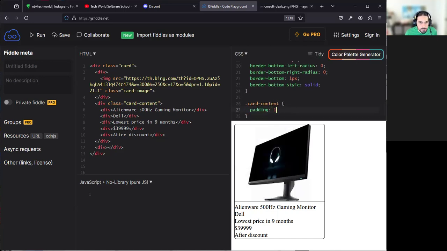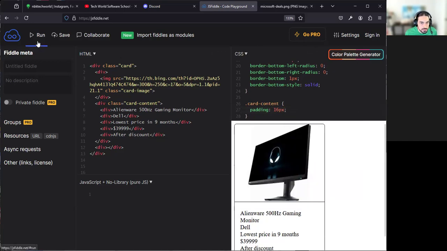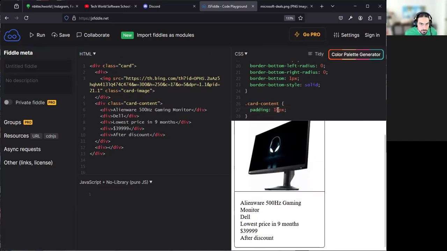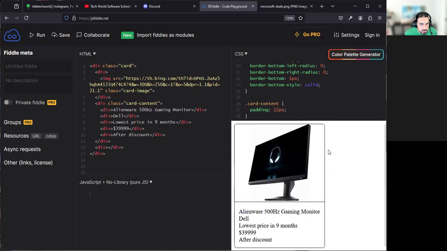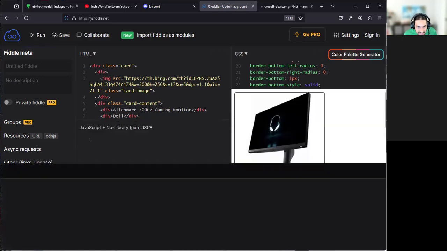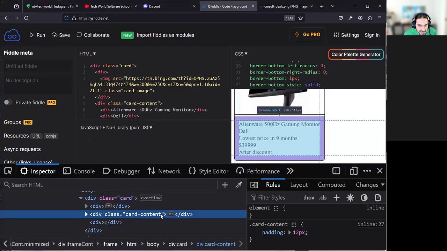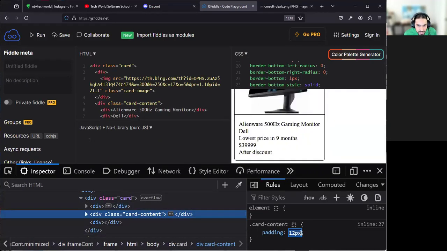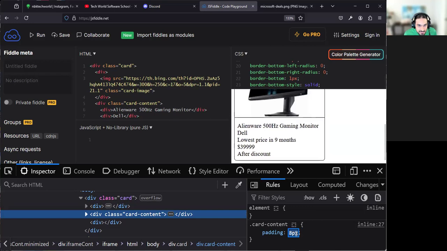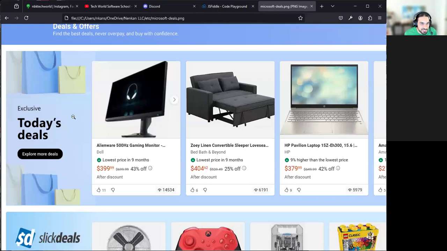The padding is gonna, let's try 16. That might be too much. Maybe 12. Yeah, I don't know. You pick. What do you think? Let me right click and inspect. This is what it looks like at 12. Maybe 8. 8. I don't know. You gotta look at the drawing, and sometimes you can use a ruler, or maybe usually